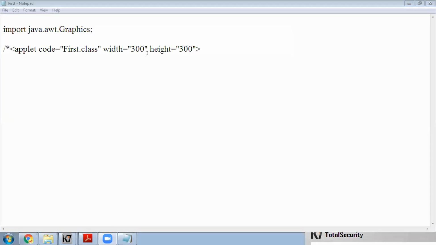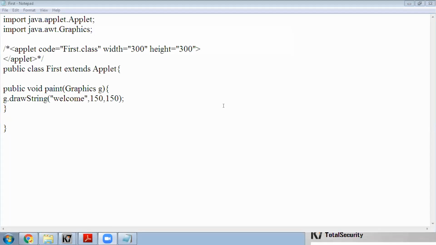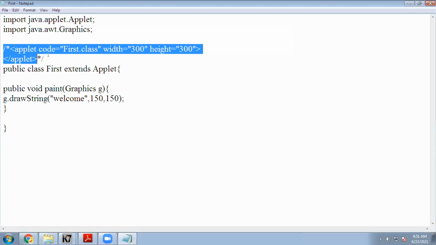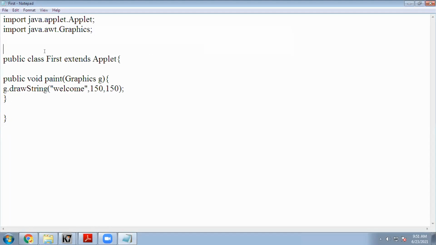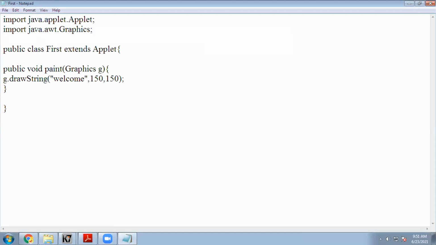Is it visible? Yes, sir. Here I included the applet tag. First I'll try to execute it with the web browser. With the web browser, there is no need for all these things, because there will be a separate HTML file, and the HTML file will take care of it.